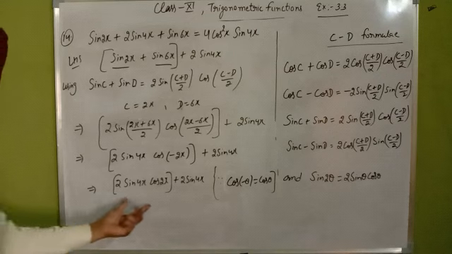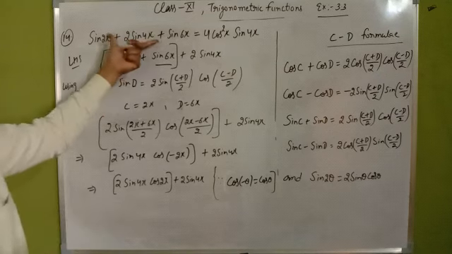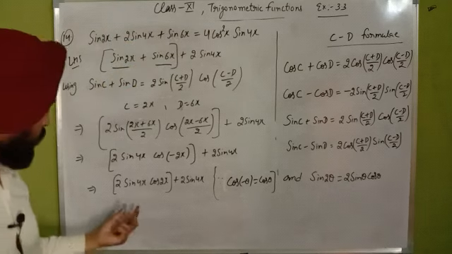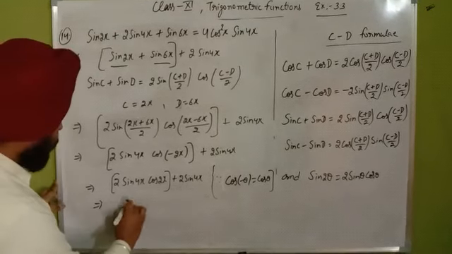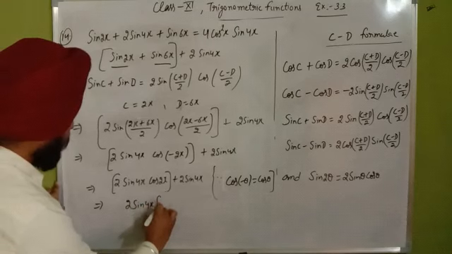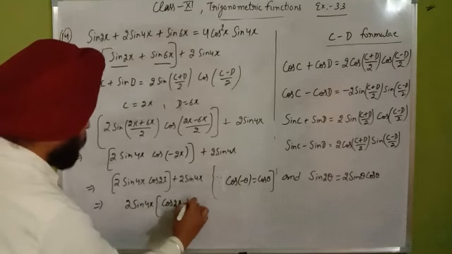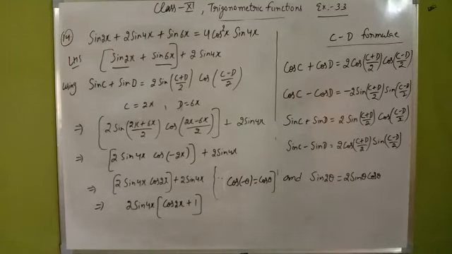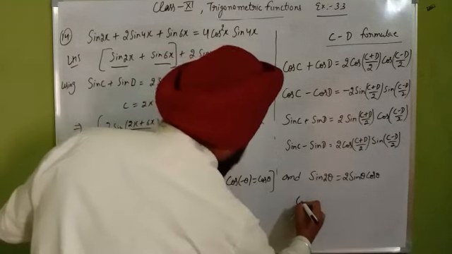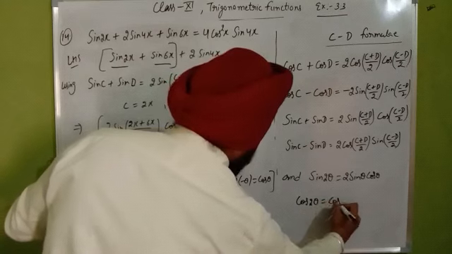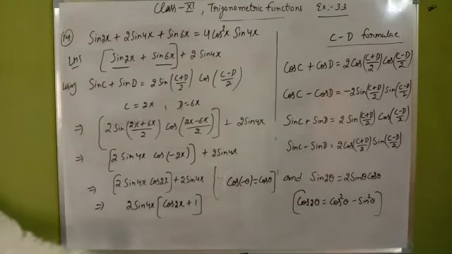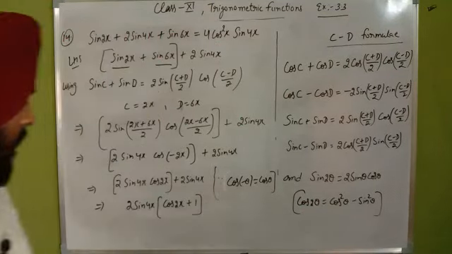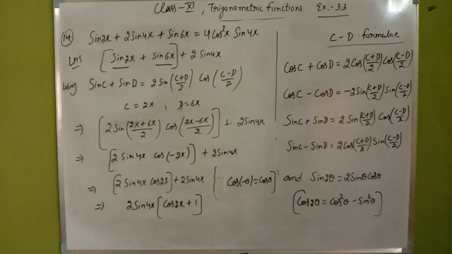Now you can check two terms there. In place of three terms which were given in the starting, now you can observe two terms are there, but 2 sin 4x is common there. So take common 2 sin 4x. Which thing is left there? That is cos 2x plus 1. Clear? Cos 2x plus 1 is left there, and we know that cos 2 theta equals cos square theta minus sin square theta. So we have to use this identity here, cos 2 theta equals cos square theta minus sin square theta.